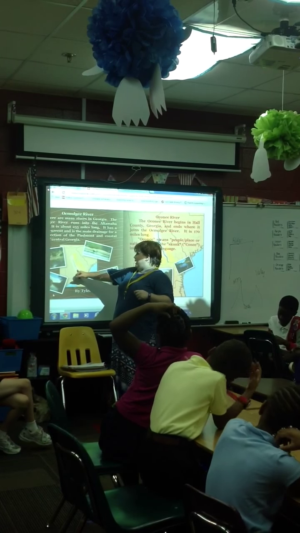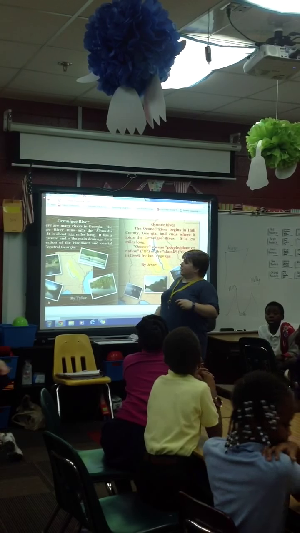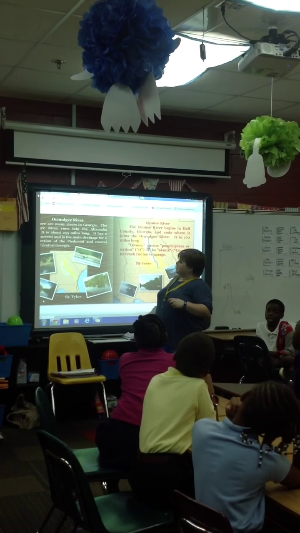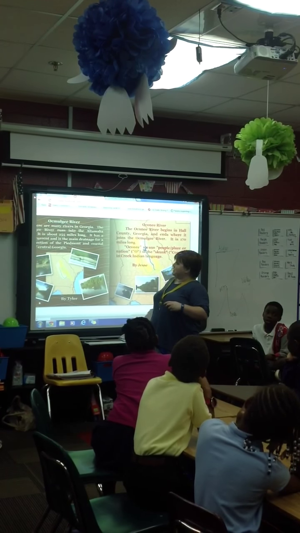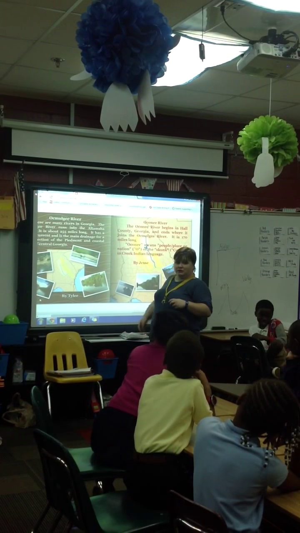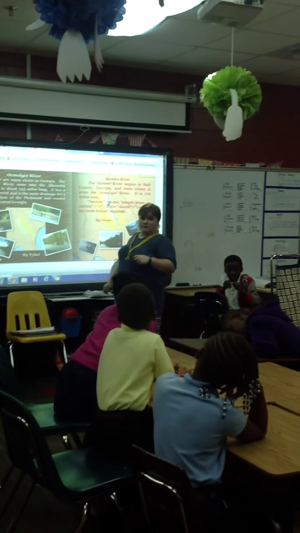This river here goes through Macon, and it is the Ocmulgee. When I read the passage, are you talking about when I said that it runs into the Altamaha River? No, because when we watch news, when we hear Macon, Georgia, right.